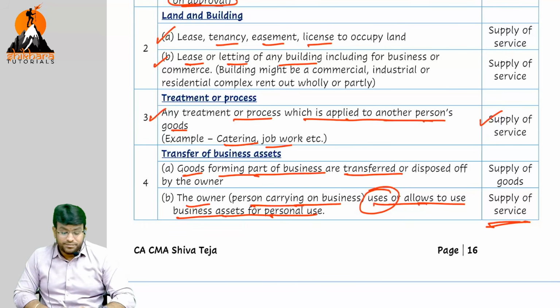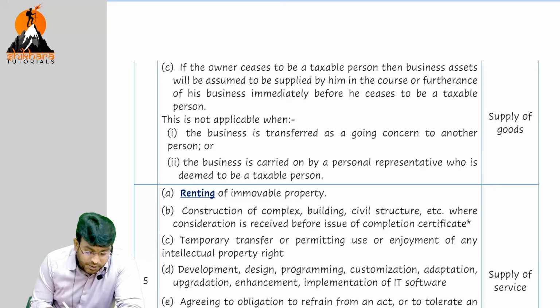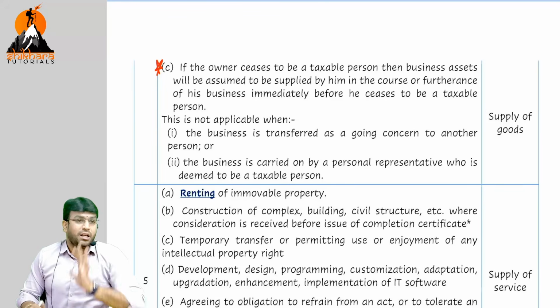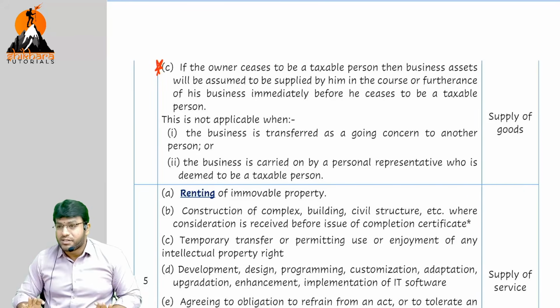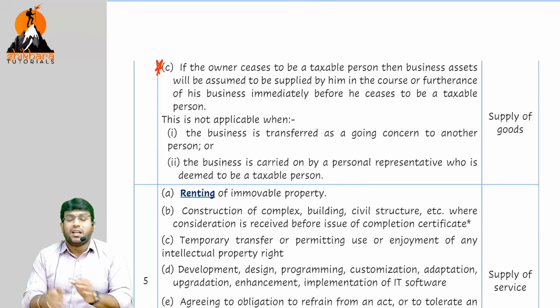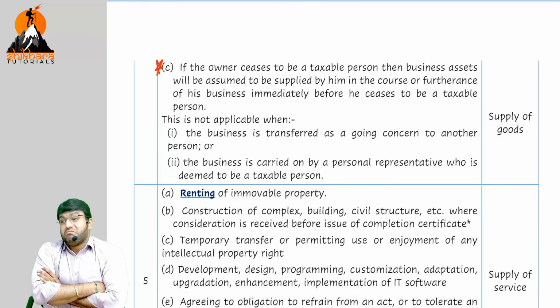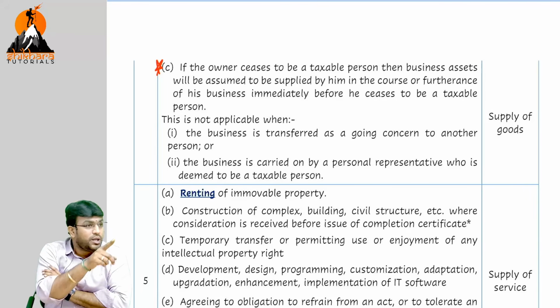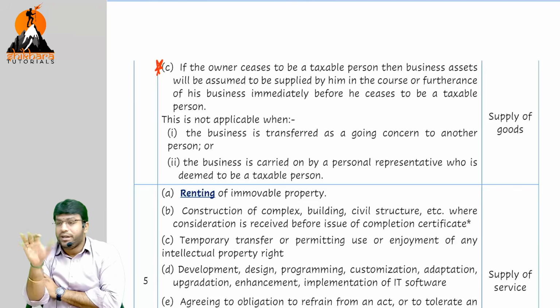Here, friends, the font is important. Before you read that line, I will tell you the one line answer. A person is normally doing business, for example, he is a trader in shirts. One fine day he says, I will go for cancellation of registration because turnover is less than 20 lakhs, or he says, I want to close my business and go, it is not profitable. Law says, get out, no problem. But whatever stock is there, on that stock, pay tax and get out. Logic only, no? Now read that, you will understand easily.